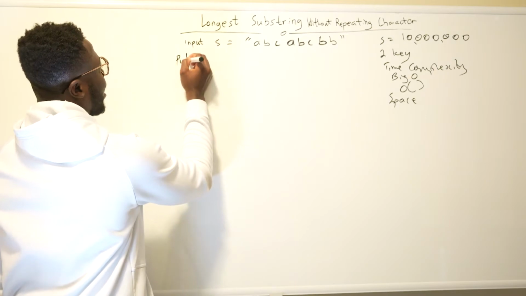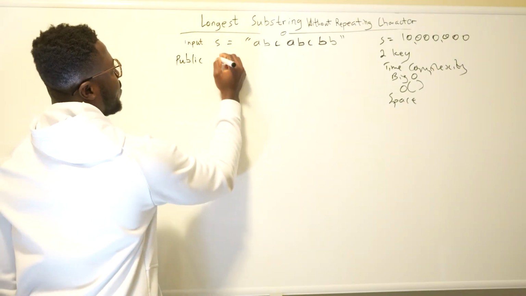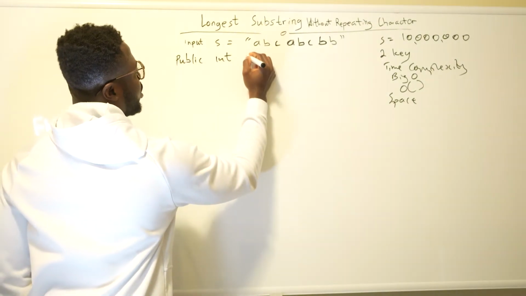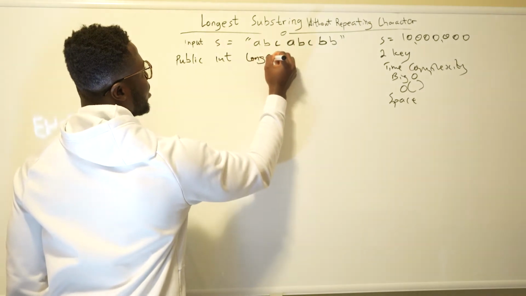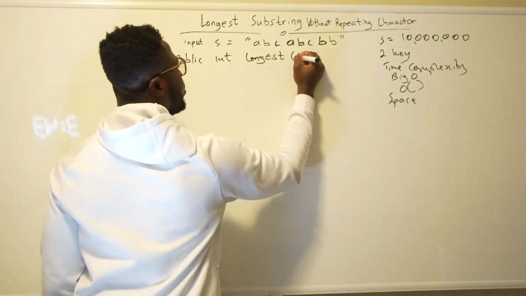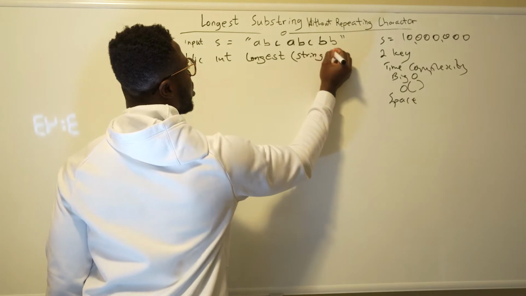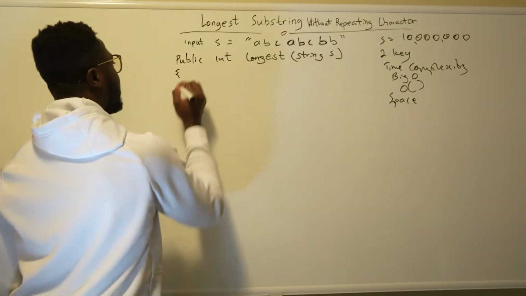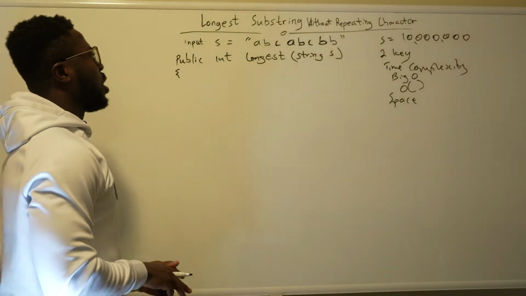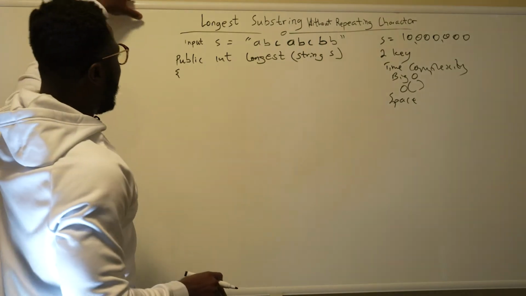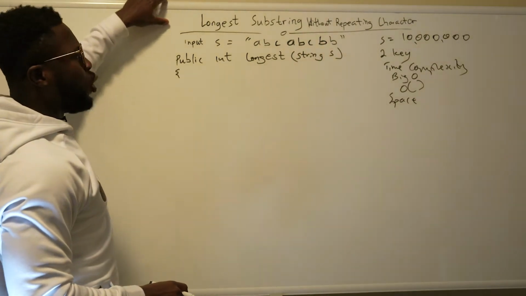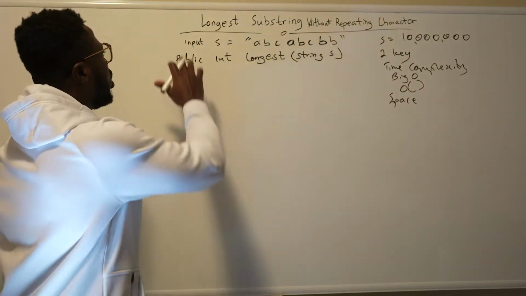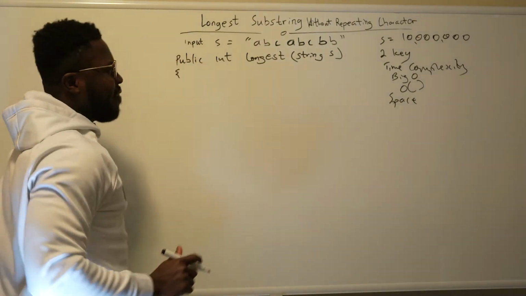So we have this method, which is, let's say, longest, and this is going to be our input, which is S. First and foremost, let me just discuss what I'm going to do. I'm going to have a space